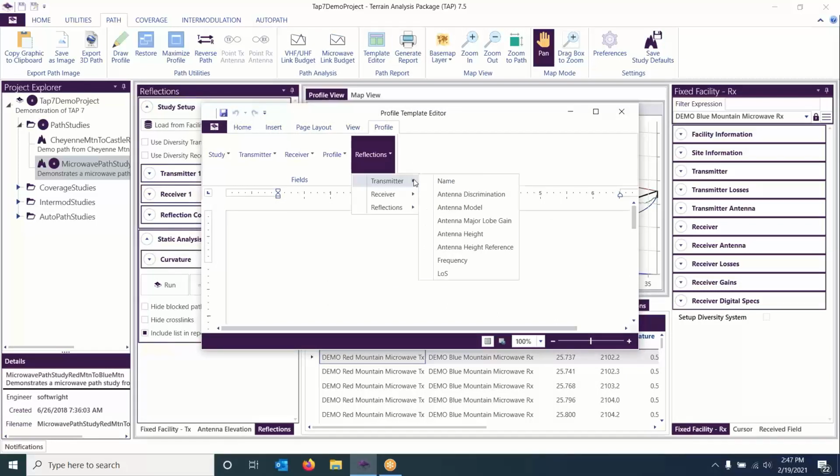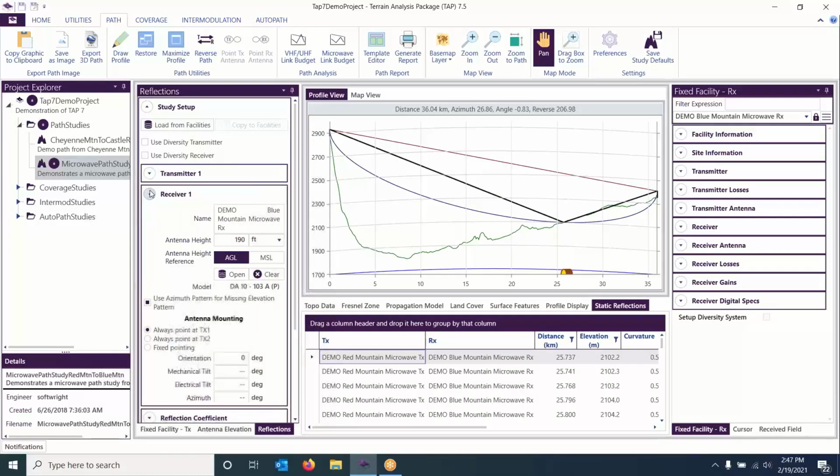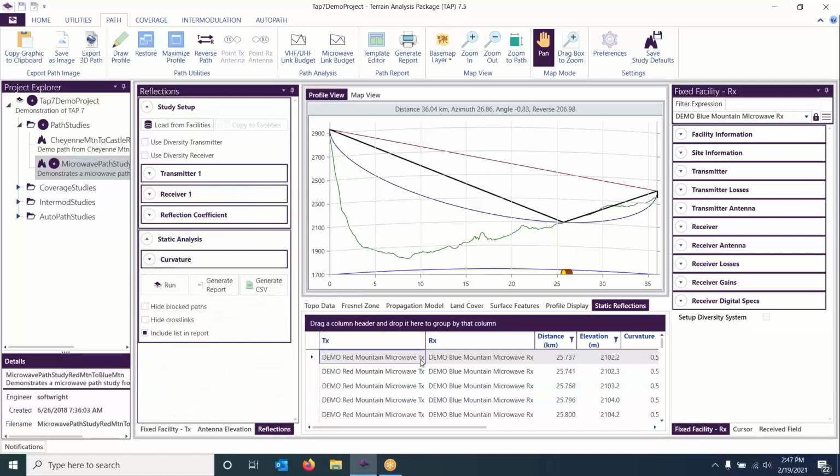You have Transmitter. If you want to create a template, you go to find transmitter values for that reflection, receiver values for that reflection, and then also the reflection values for that particular one you have selected: the coefficient, distance, elevation, Fresnel number, K, phase, slant angle, and sum. The sum dB being the overall impact on your signal. And those transmitter receive values are what's taken out of the transmitter 1, receiver 1, and shown here as well.